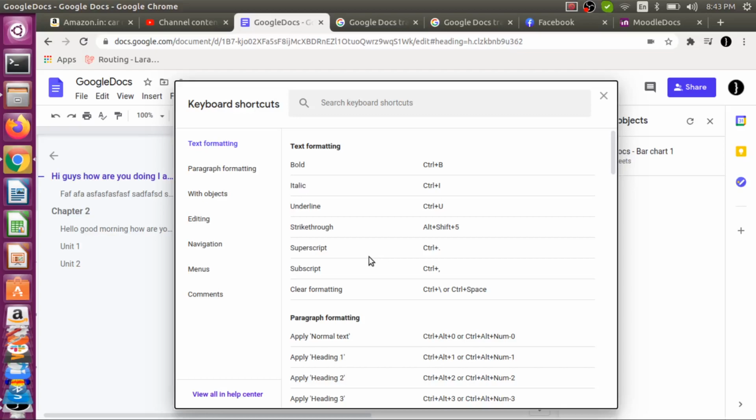If you open this dialog box, you can see there are lots and lots of shortcuts. For each and every step we have a shortcut. If you use that, you will definitely do your work at great speed, right?